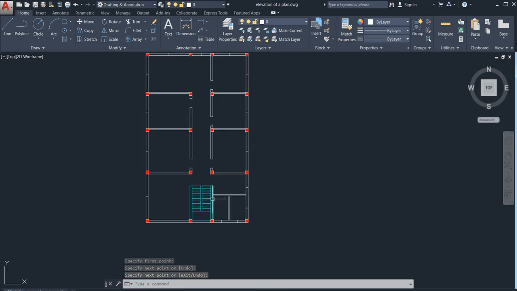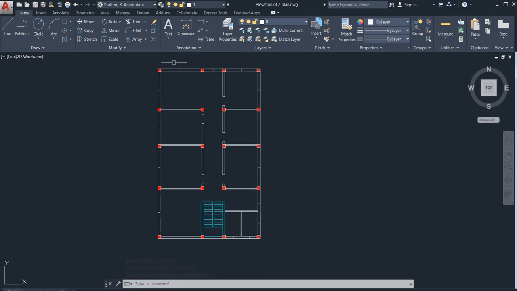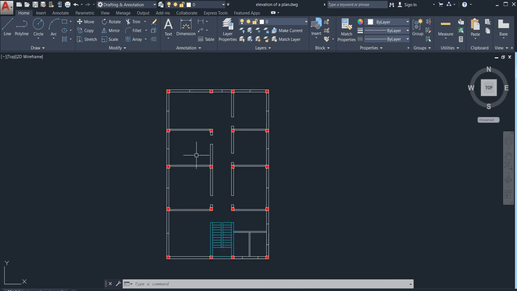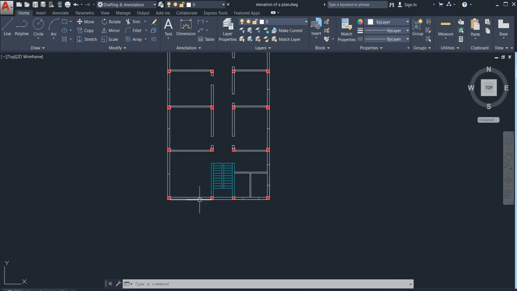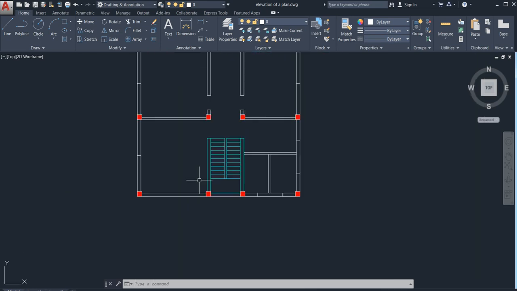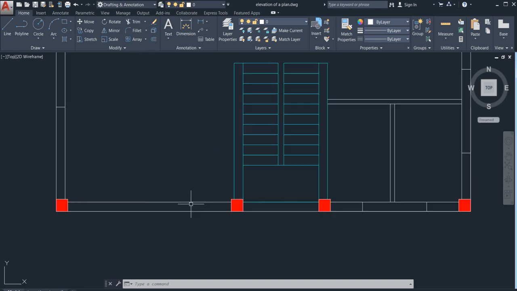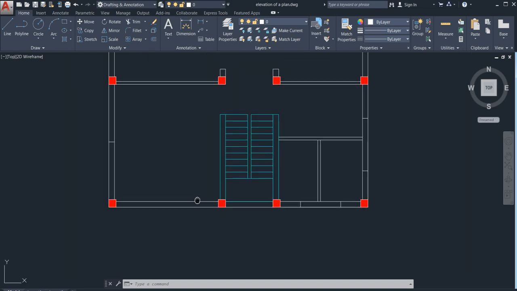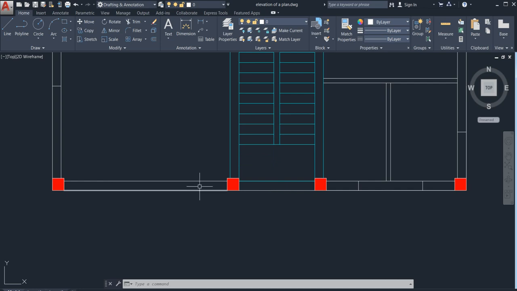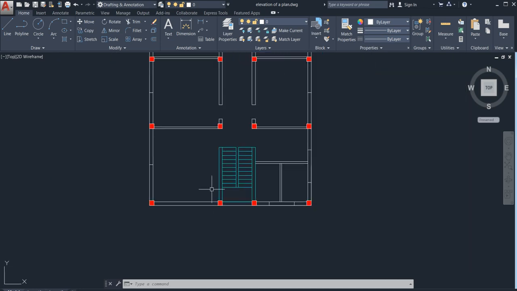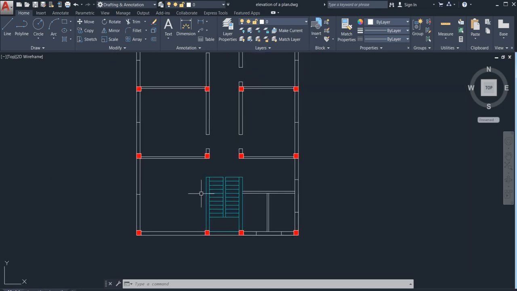So here you can see that I have drawn the line in the middle of all of the walls, but you can see that here I did not draw. Why did I not draw any line here? Because I need to place a main door here, so I have not placed a window right now, but I will place it, no need to worry. So first of all, draw the window here.